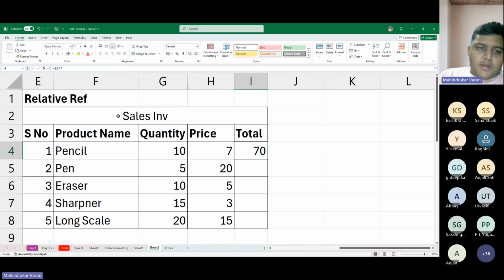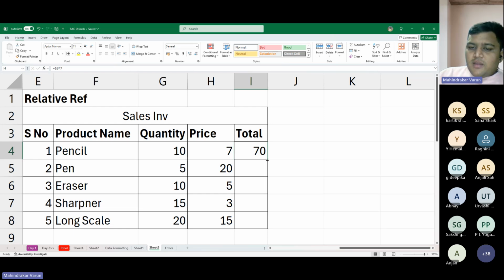You can see the formula here, and you can see the result here. In the formula bar, whatever is happening will be shown under the formula. So now just see here quickly: 10 into 7 is 70. 5 into 20, you can get whatever result it is. Now what I wanted to show you here is when I have written the numbers manually,